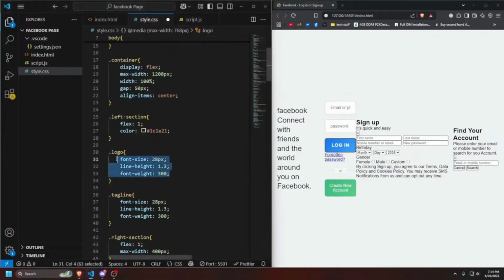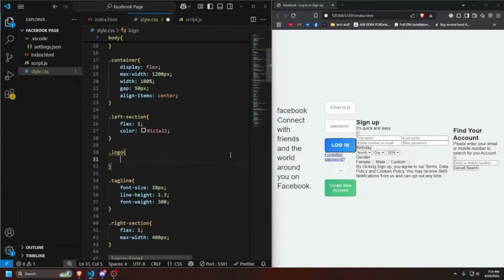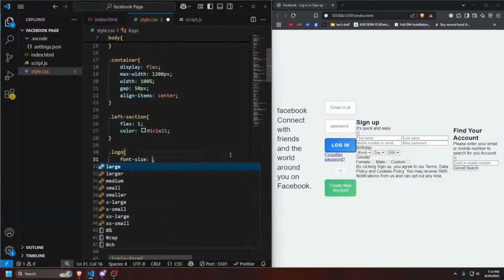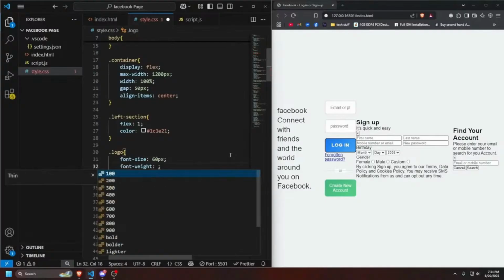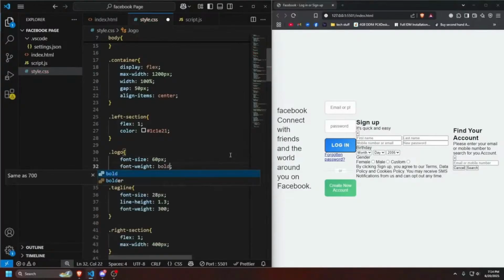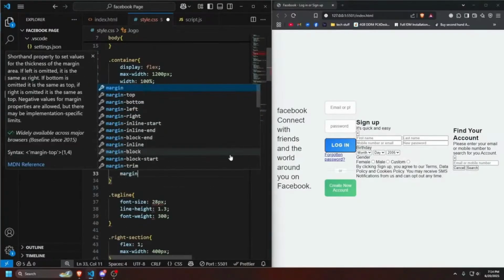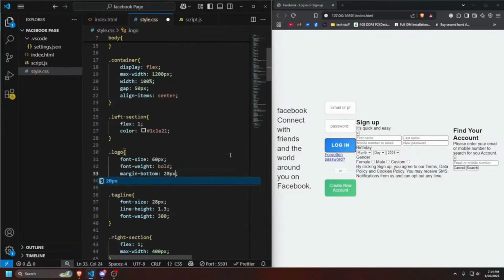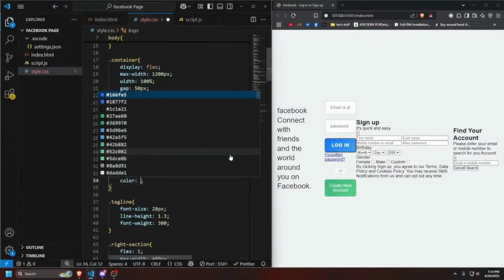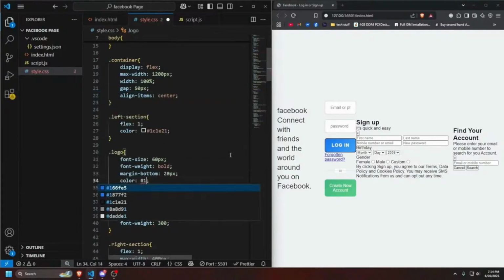Okay, I think I did the wrong styling. So what we'll do is font size, we'll probably make it 60 pixels, and font weight will probably be bold. I did the wrong thing. Bottom 20 pixels. I was gonna say, why it doesn't look like the Facebook, so let's again do